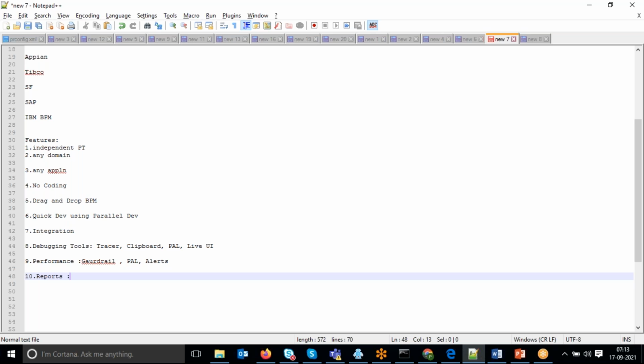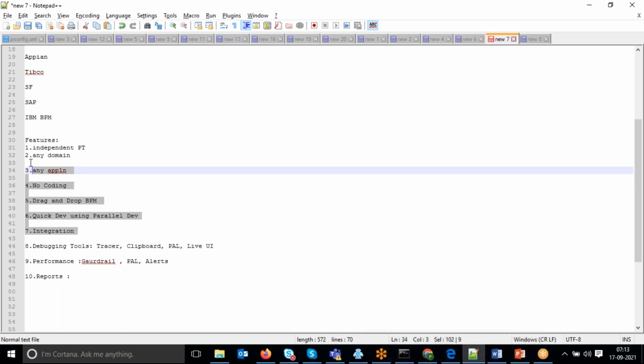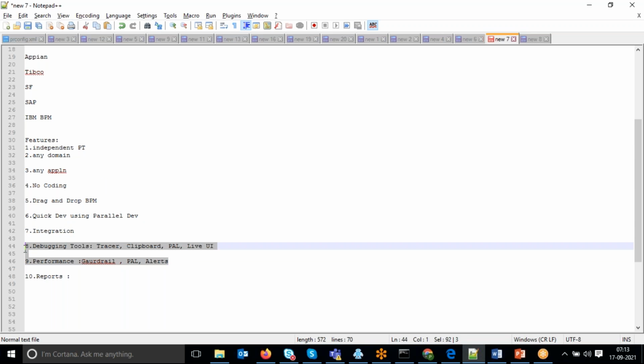How? For that we have tools and rules. These are the tools, don't forget. To achieve all these things, we have business rules. These all are the tools, meaning tools to trace your business rules.